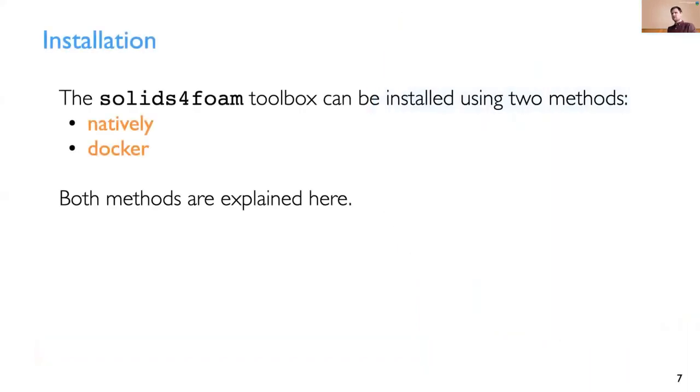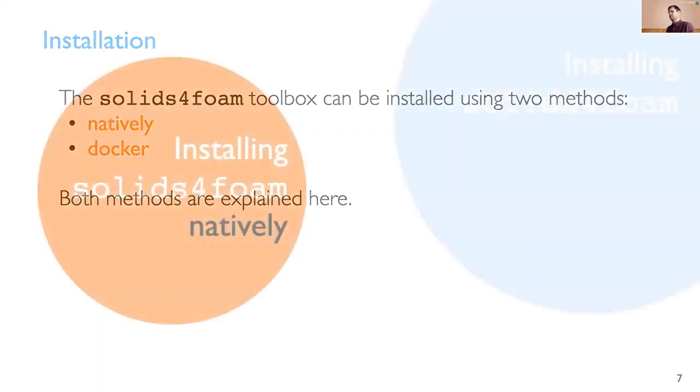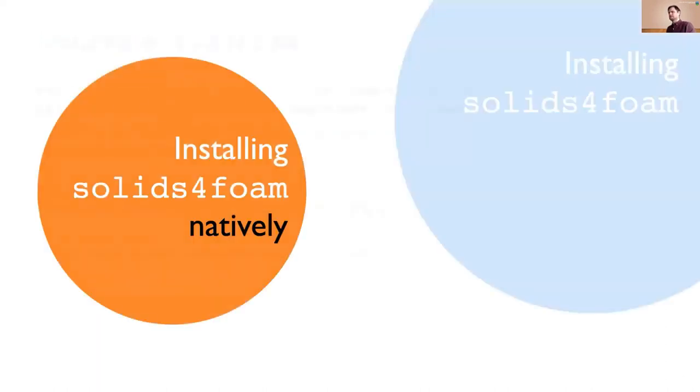There's 2 ways to install Solids4foam, or at least 2 ways. One is natively. If you have a version of OpenFOAM installed, you can download this toolbox via Git. And then if OpenFOAM is sourced, if you just run the included Allwmake script, it should build. Alternatively, you can use Docker. I'm just going to talk a little bit about both of those, briefly at the start. So natively,